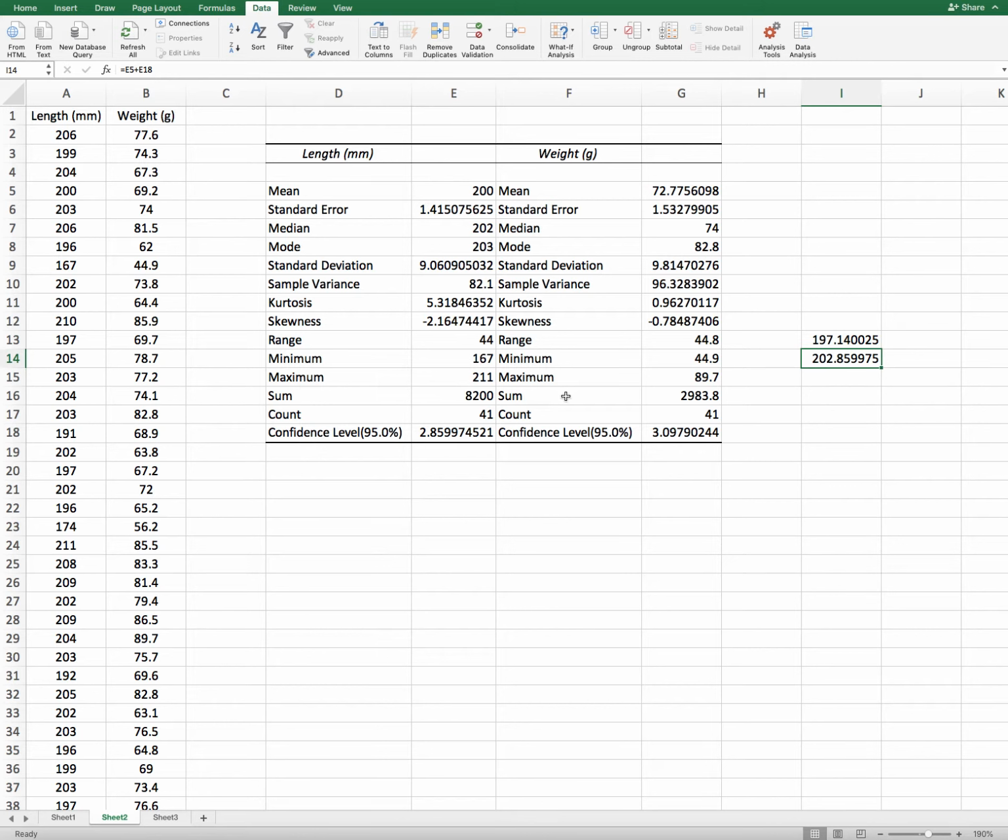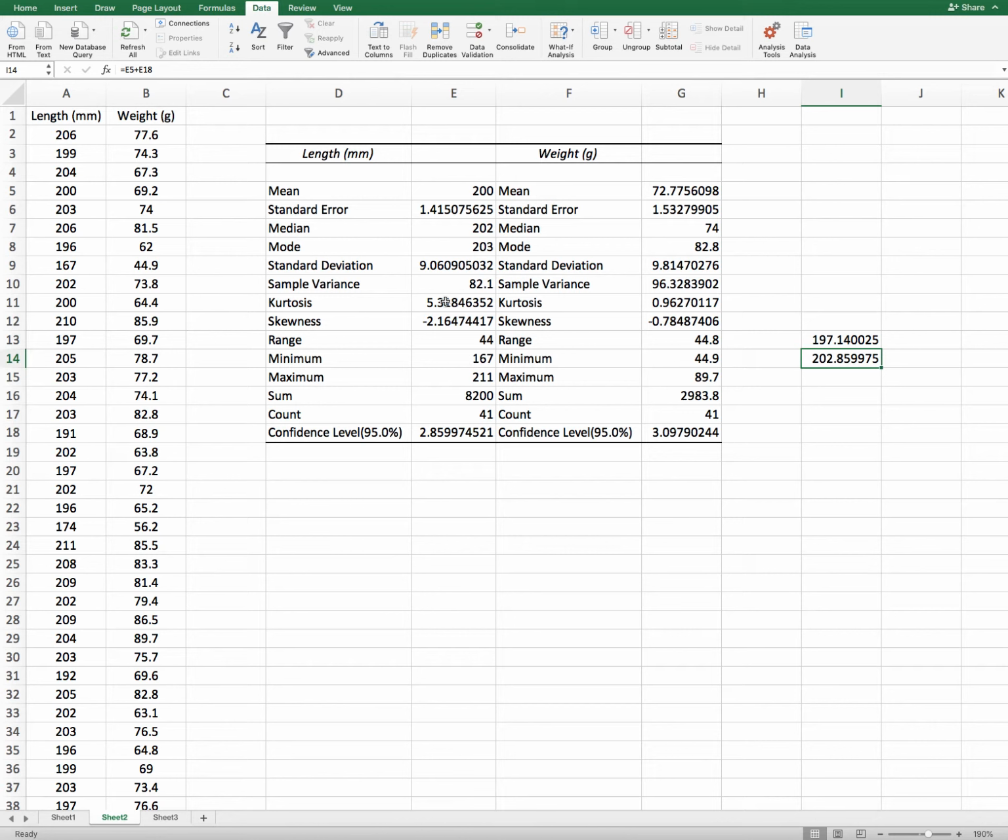Okay, and here the kurtosis and skewness are important. Kurtosis for length is almost 5.3, which is greater than 3. Whenever it's greater than 3, it means a high peak is there, so you can call it leptokurtic data.